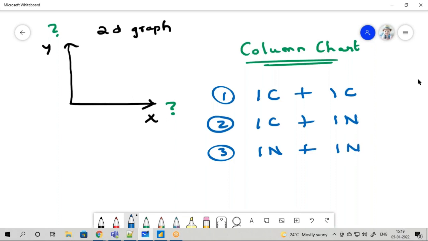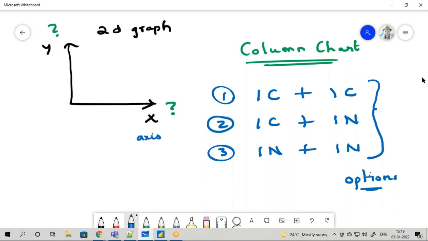So these are the 3 options I can plot a graph. Now we'll try each and every combination, then we will come to a conclusion on when your column chart has to be used.